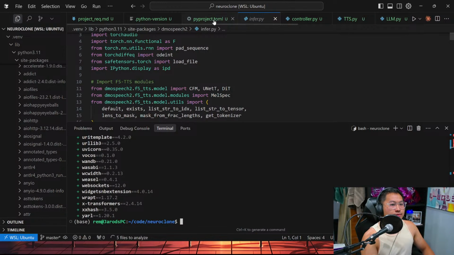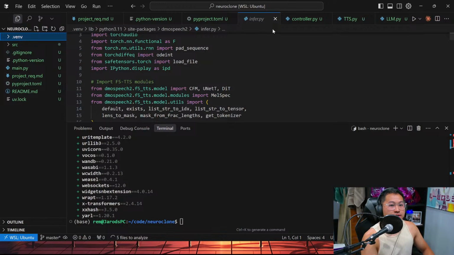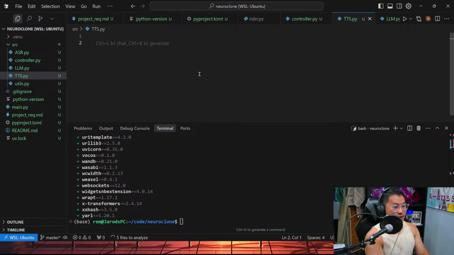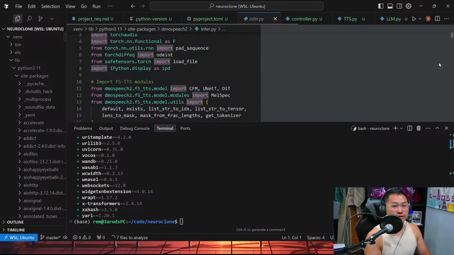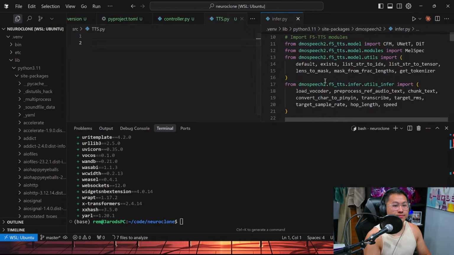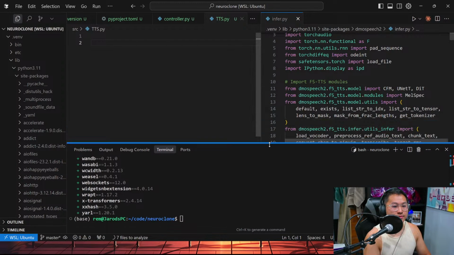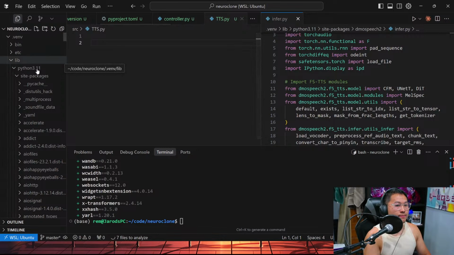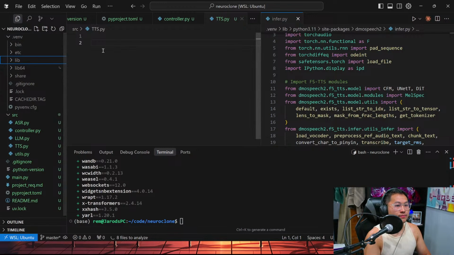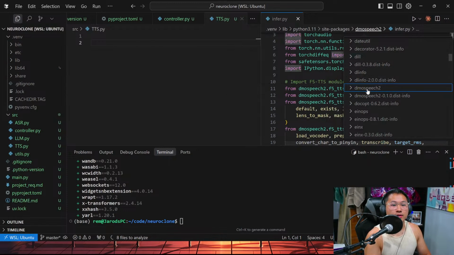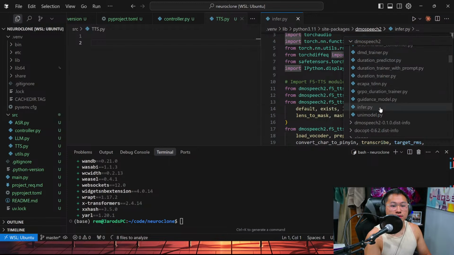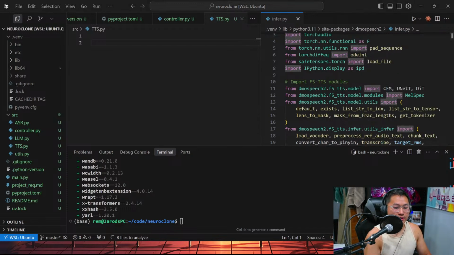Alright, cool. So we should be able to test this out inside of TTS by following the importing mechanism that is used here. Oh no, not here. Oh, it's not there.